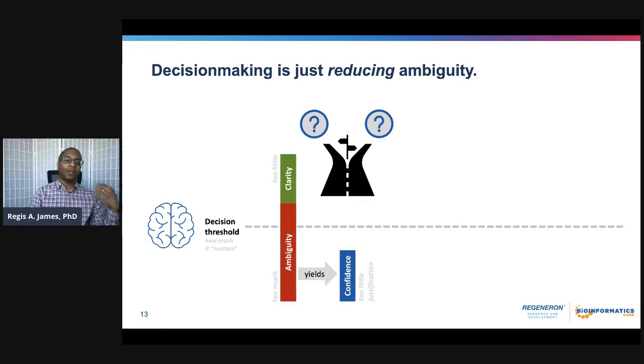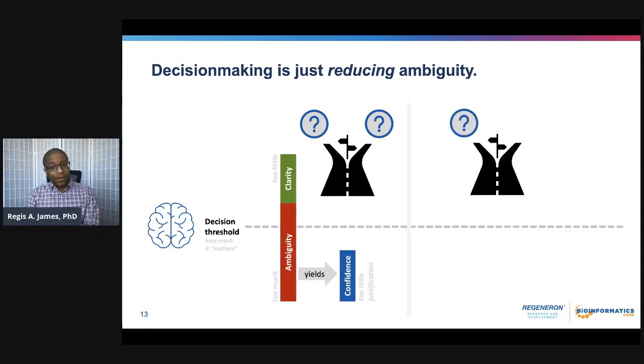And if it matters a lot, then the threshold will be higher. But either way, you still need to have enough confidence to cross that decision threshold, regardless of how high it is. Now, if you actually do know a little bit about it, so this is the biohazard sign. If you know that down the road, on the right road of the fork, there is danger. So if you have evidence of danger, you have more knowledge,